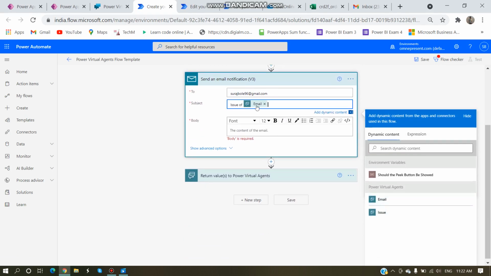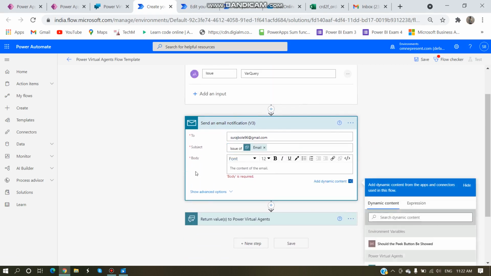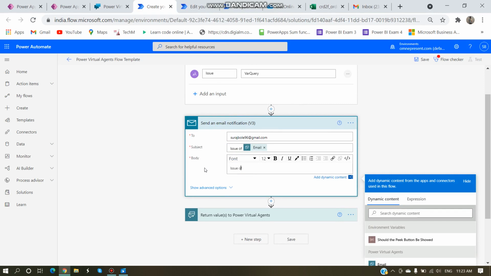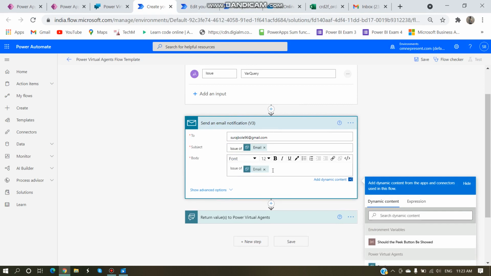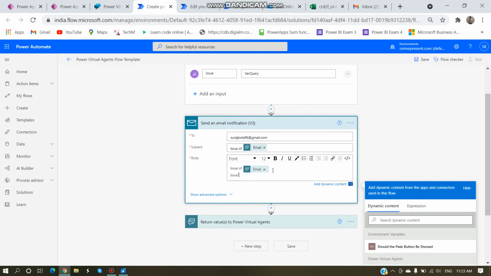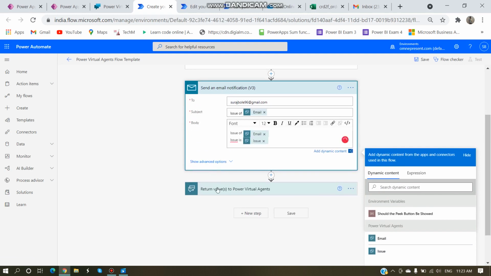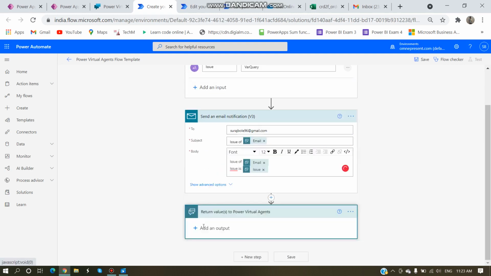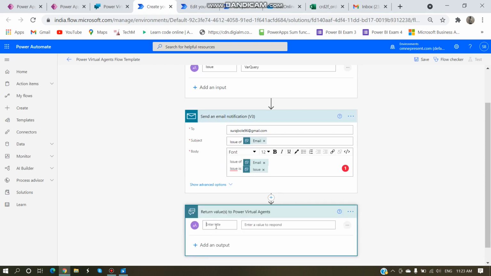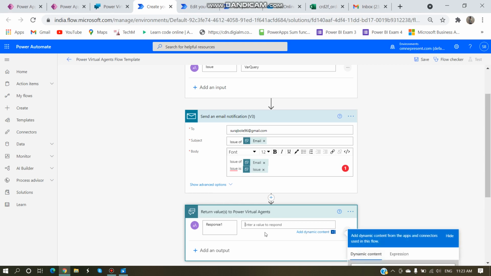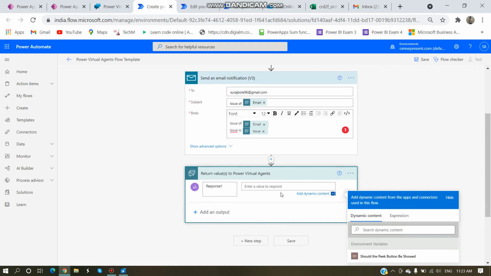So we can use this dynamic variable in our subject. Inside the body, again, issue of this person, and the issue is a dynamic value, issue. After that we need to pass a response, as response 1, and provide a variable name,